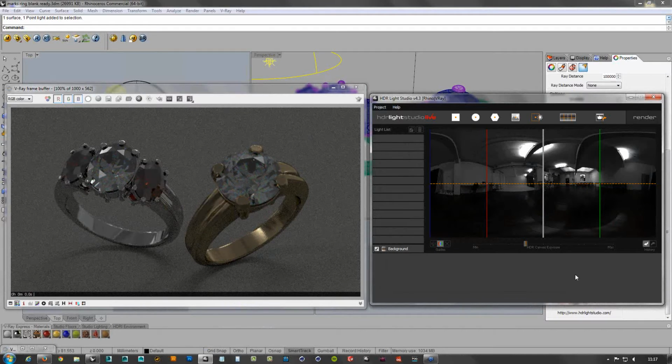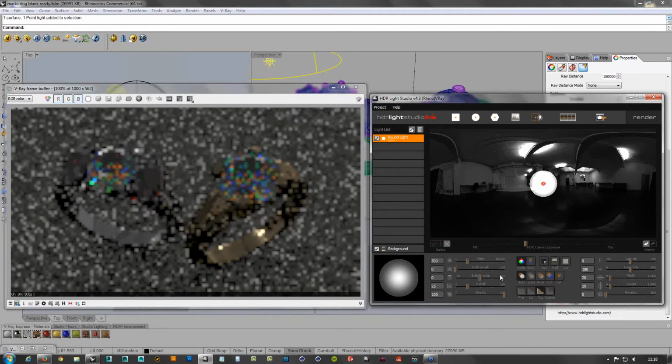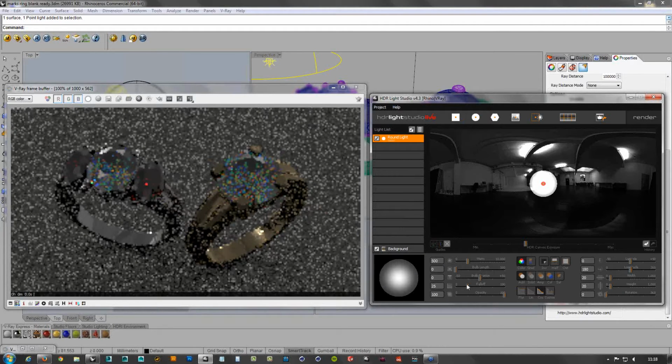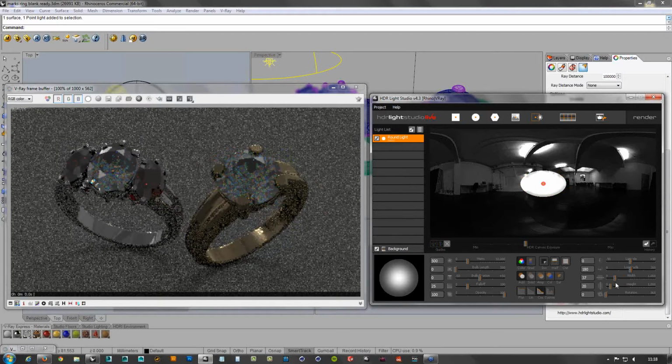So just a little tour of HDR Light Studio. This here essentially is your HDRI map, and anything you see on this canvas view is being pushed straight into your V-Ray for the lighting. So in terms of what kind of lights can we add to the HDRI map, we can add synthetic lights, which are mathematically created, and we can change the size of these lights, we can change their colour,